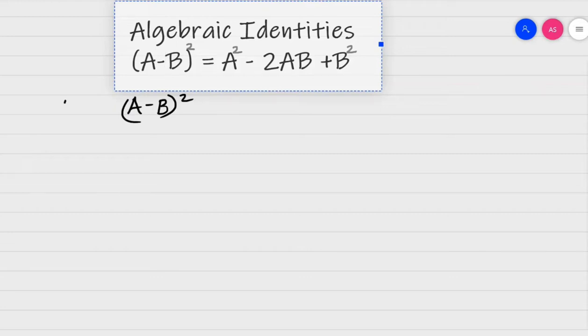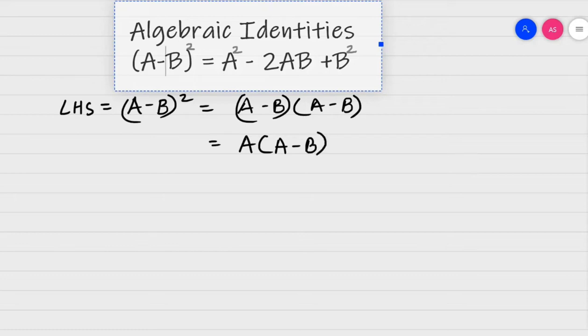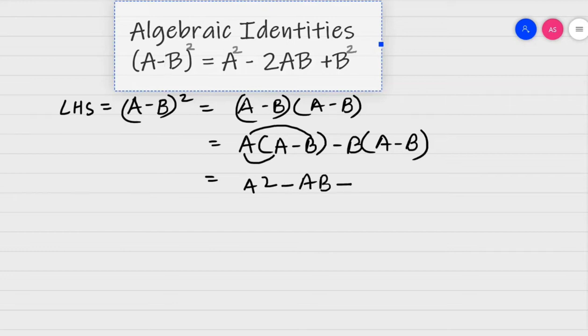Okay. So our LHS is (a minus b) whole square, which is equal to (a minus b) multiplied by (a minus b). Now how do you do this? You just keep a multiplied by (a minus b), again multiplied by (a minus b). Now what you will get, see, a into a will give you a square, minus ab, again minus b into a will give you ba, but we can write it as ab, and then minus b into minus b will give you plus b square. So this is how you are getting.